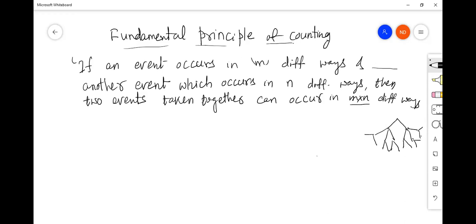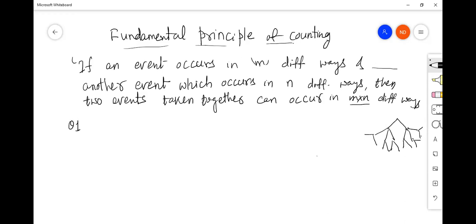So this is the fundamental principle of counting, and the addition rule I also told you. Now, let me take one or two questions before we go to permutation, and we will be studying a very new concept here, factorial notation also. So maybe I will refer first to the NCERT book. Let me take two questions.